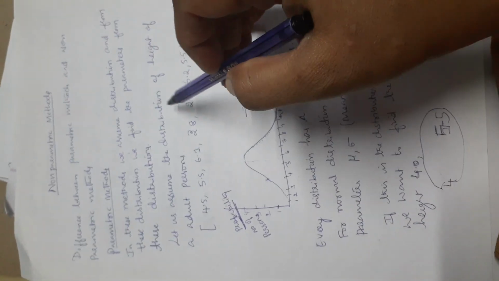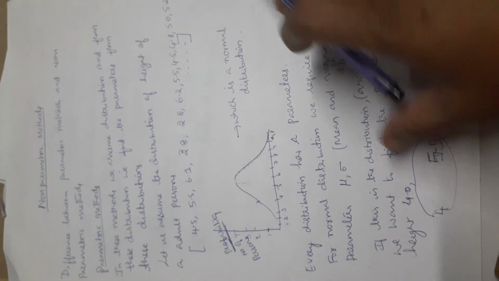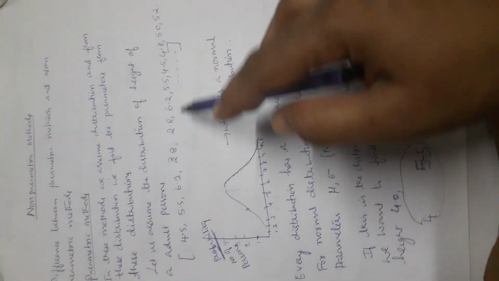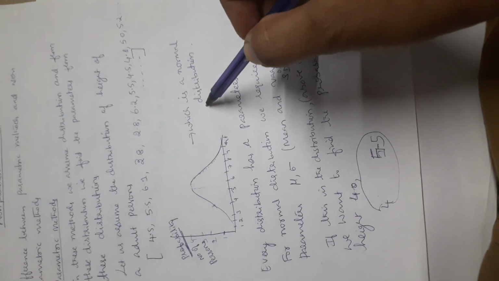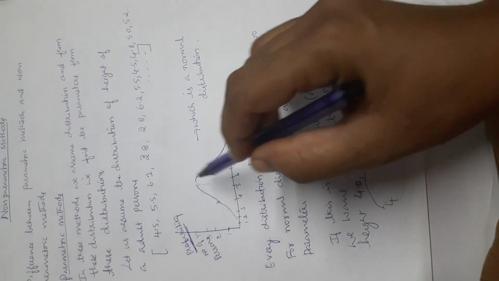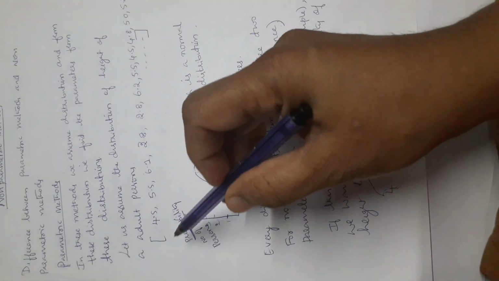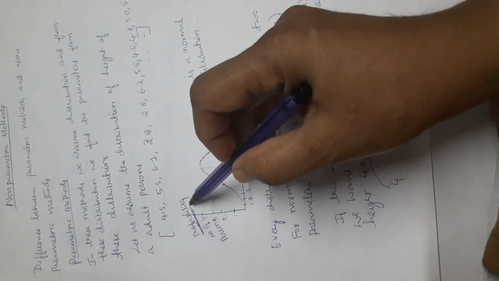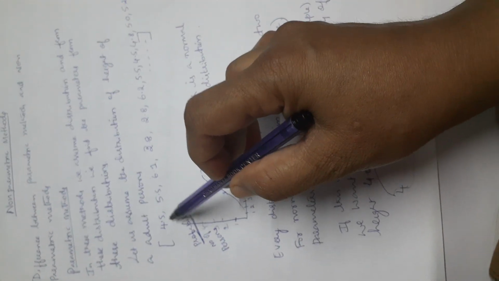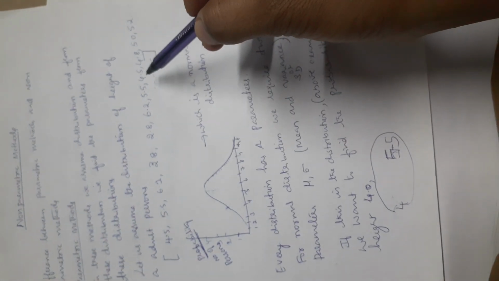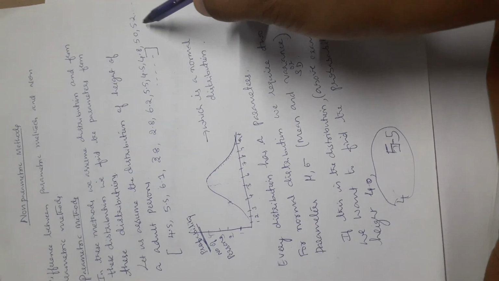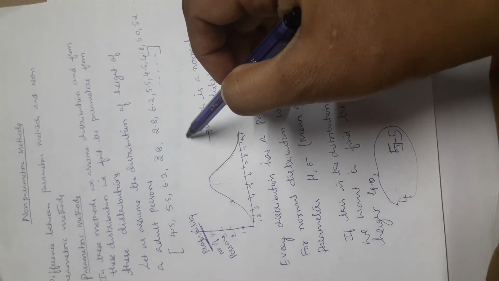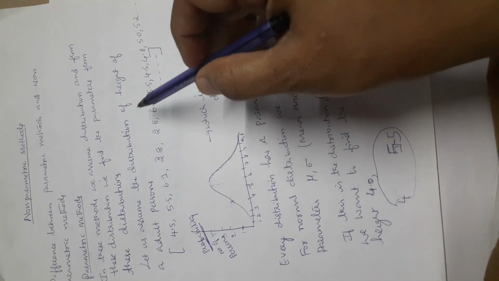That is, let us assume the distribution of the height of adult persons. This also I have given for the previous topic as an example. So this is the height of the adults. So when we map onto the normal distribution, how do we map it? This axis is the height and this axis may be the number of persons or the probability. To find the probability of 4.5, how many times is it repeated? It is repeated twice. So 2 divided by the total number of values in my data set, maybe 11, I think. So 2 divided by 11 is the probability of 4.5 that appears in the distribution of height of the